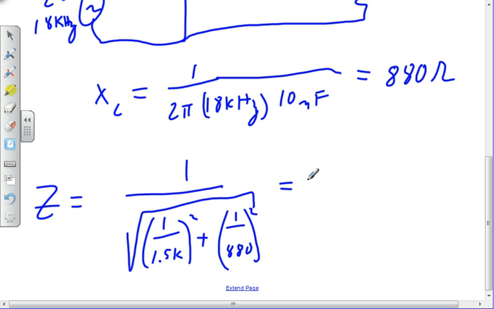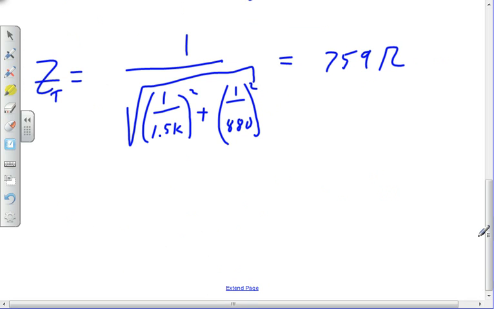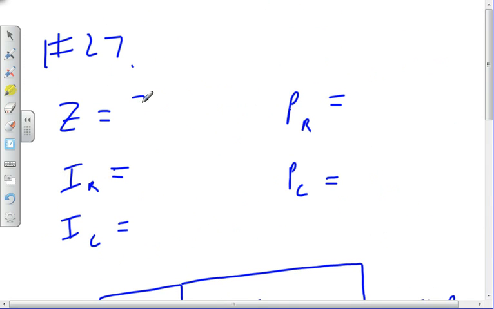Okay, 1.5K, 1 over, squared, plus 880, 1 over, squared, equals square root 1 over, 759. 759 ohms. We'd expect it to be smaller than the smallest guy, and he is. And I know we'll put a T there for total, but impedance normally means total. 759